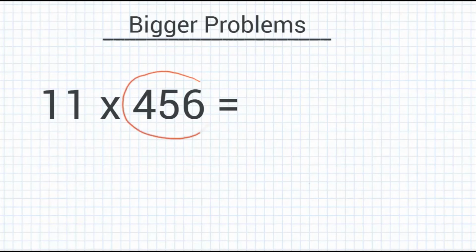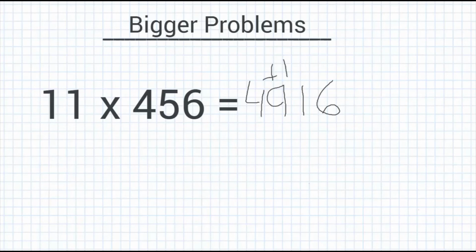So we're going to look at the number, and we're going to write the first and the last digit. So 4 and 6. Okay, so now we're going to add 4 plus 5, which is 9, and 5 plus 6, which is 11. And just like before, when the number is bigger than 9, we have to carry over. So here's the 1, and then plus 1. So your final answer should be